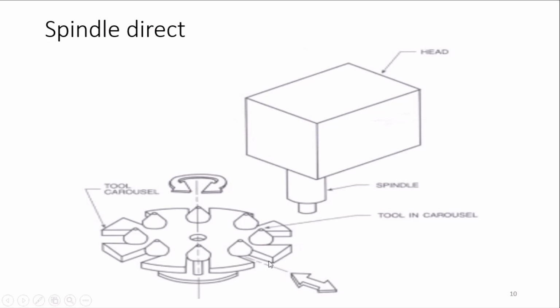As you can see by this arrow, this tool can move in and out from the carousel very easily, and the mechanism is simple, but the number of tools that can be placed in this spindle direct mechanism is very small, and it is very difficult to move the plate in and out. So I would say this kind of system is a little bit intricate. Their working is simpler, but the system maintenance is very intricate. So the majority of CNCs use the turret head type for smaller machines. If the machine is bigger, they can use the 180 degree rotation. So these are the 5 different types of ATC mechanism that you have studied.